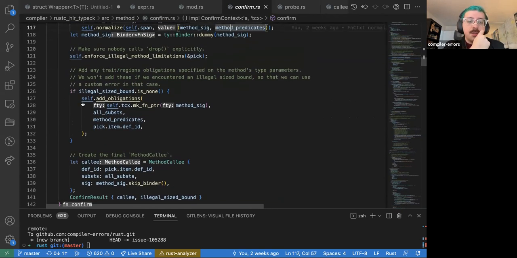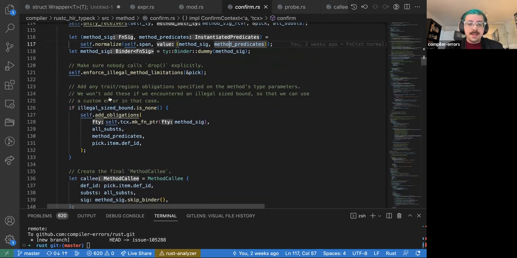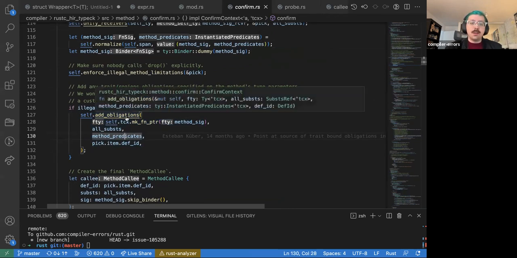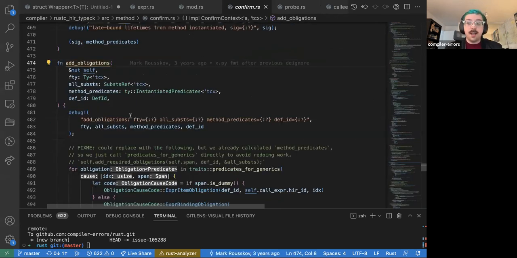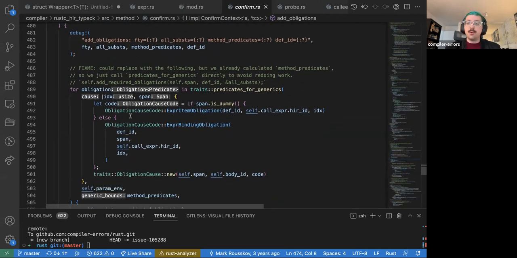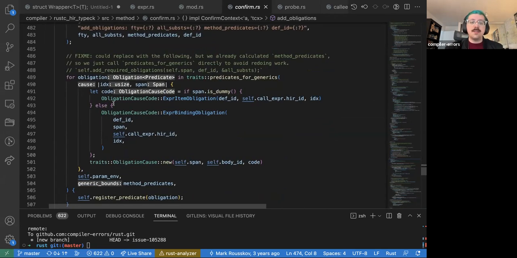We register right here. So now we have the where clauses on the method. We add those obligations here. So we basically register the where clauses on the method that we now have to check. Now that we have committed to calling this method, we need to prove all the where clauses on it actually hold. We do it inside this method because we want to give it an obligation cause code, which